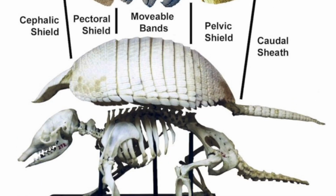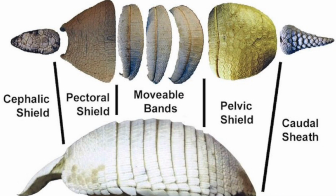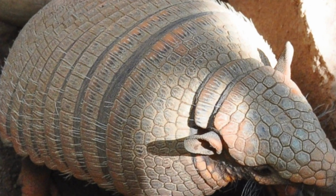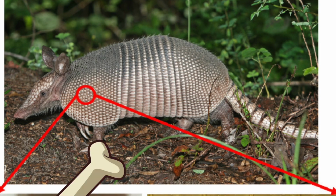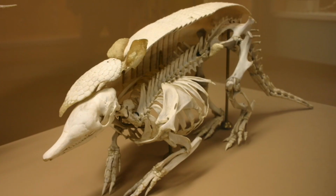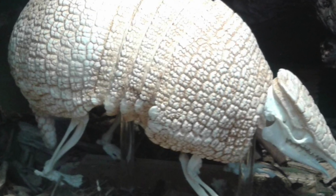The shell on an armadillo's back is made of thick bone and is connected to its vertebrae. The 6-banded armadillo, however, has a slightly different shell. Although it is also made of thick bone, there is an additional layer of keratin on top. With strong bone, sometimes keratin, and numerous layered plates, an armadillo shell is tremendously strong and provides excellent protection for